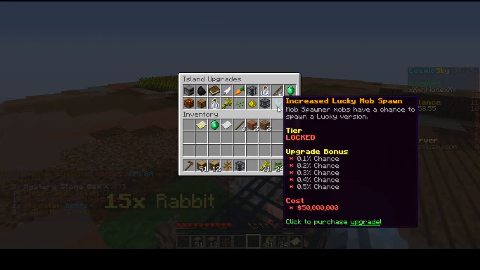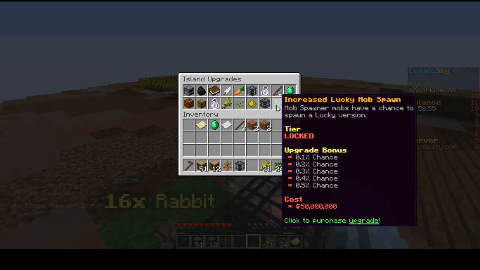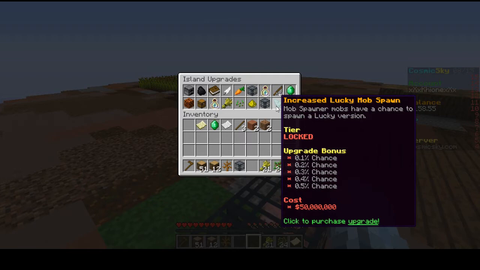Increased lucky mob spawn. Lucky mobs were the downfall of Season 2, and I really hope that they changed these lucky mobs. I know they nerfed the spawn chance, so it went from 0.5 chance all the way up to 2.5 chance. And now it only increases by 0.1 per upgrade, so a maximum of 0.5, but that 0.5% chance is still going to spawn quite a bit of lucky mobs, if done correctly. So the issue with that is going to be that